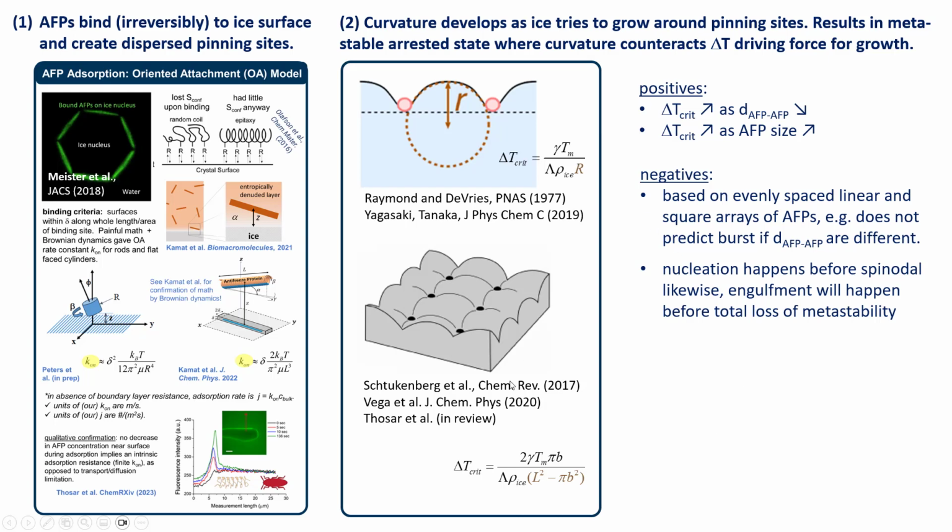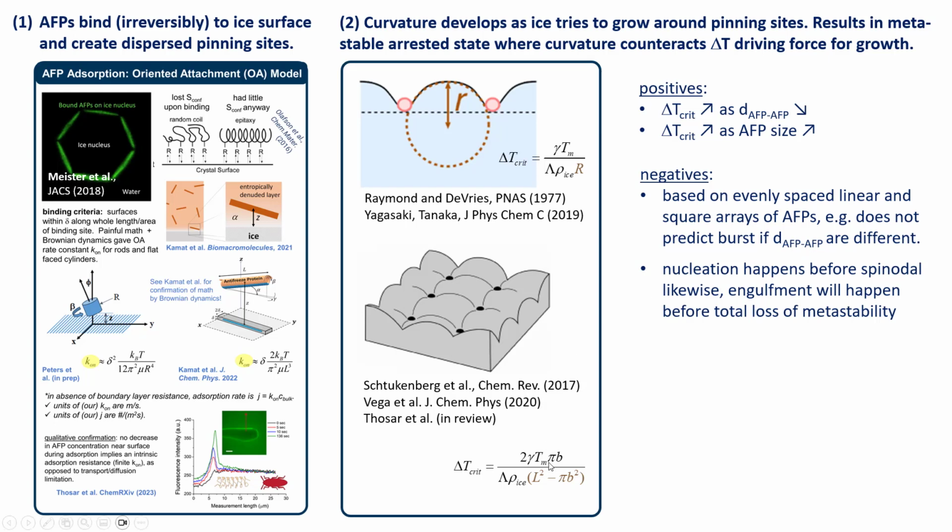Both formulas are derived for regularly spaced antifreeze proteins, and we know that these things are really quite random. If they are random, the formula says that they will be engulfed at all these different temperatures. There's a key observation that these theories, based on a spinodal limit to the metastability, really can't explain. And that is that as you start from freezing and you supercool ice, the ice doesn't grow, it doesn't grow, it doesn't grow, and then all of a sudden you hit this critical moment where you get this burst of growth